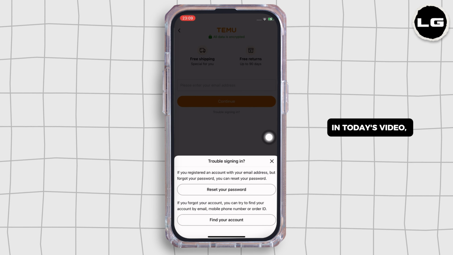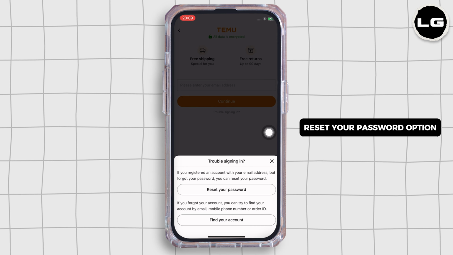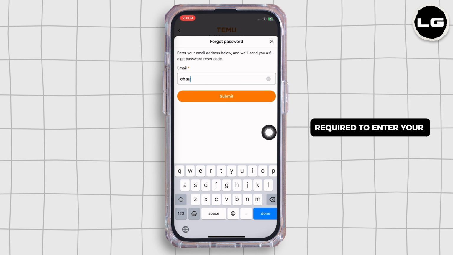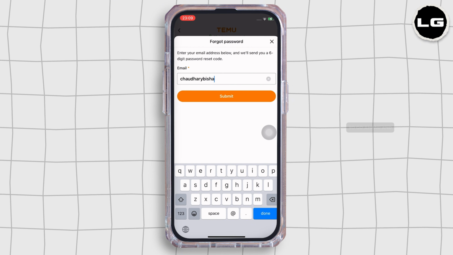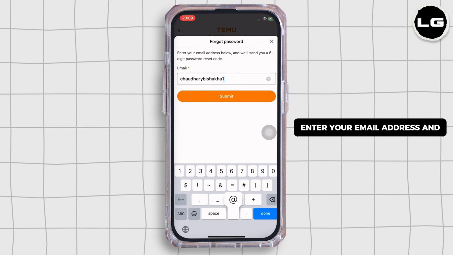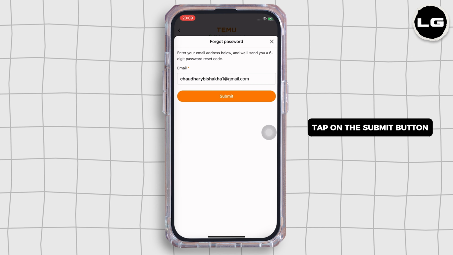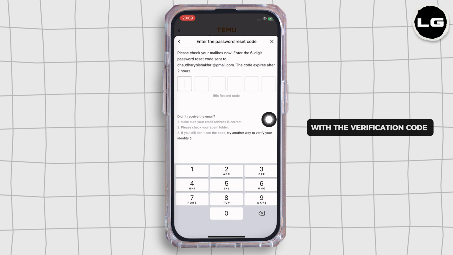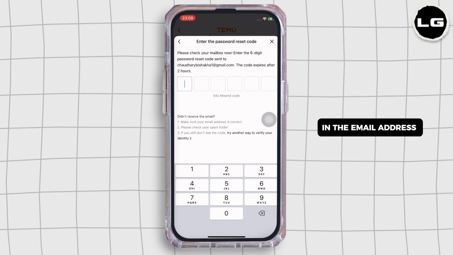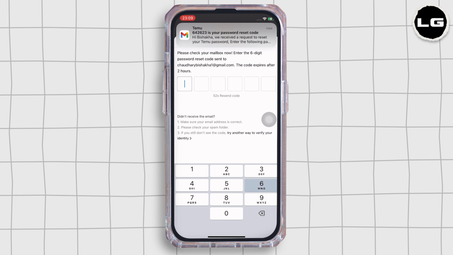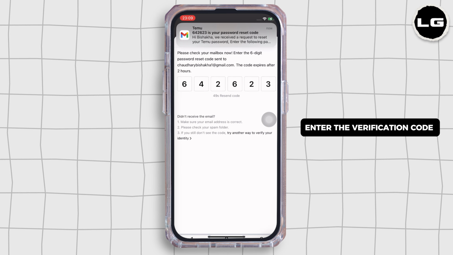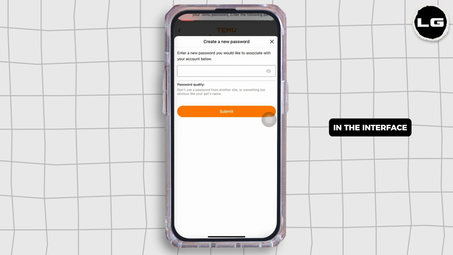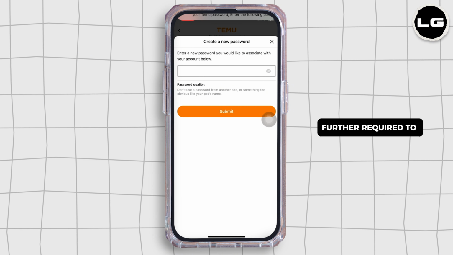In today's video, we will reset our password, so go ahead and tap on the Reset Your Password option. You will then be required to enter your email address, so go ahead and enter your email address and tap on the Submit button. You will then receive an email from Temu with the verification code in the email address you just entered. Go ahead and enter the verification code in the interface, and you will be further required to